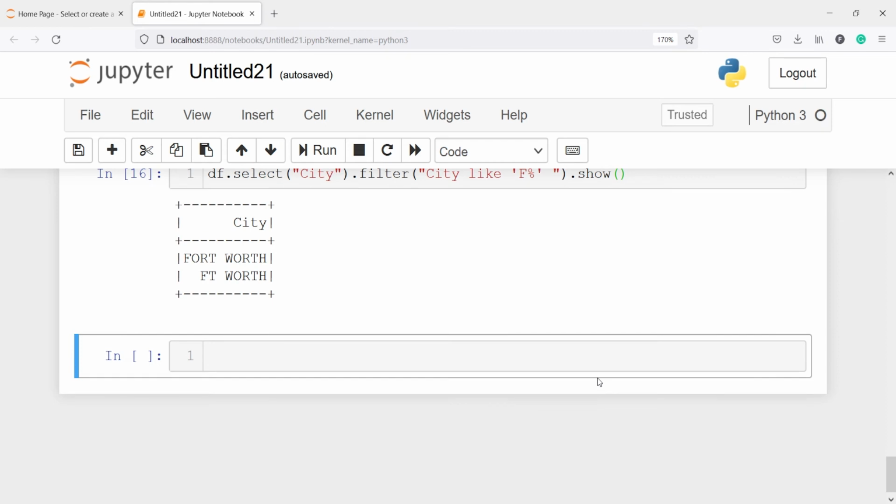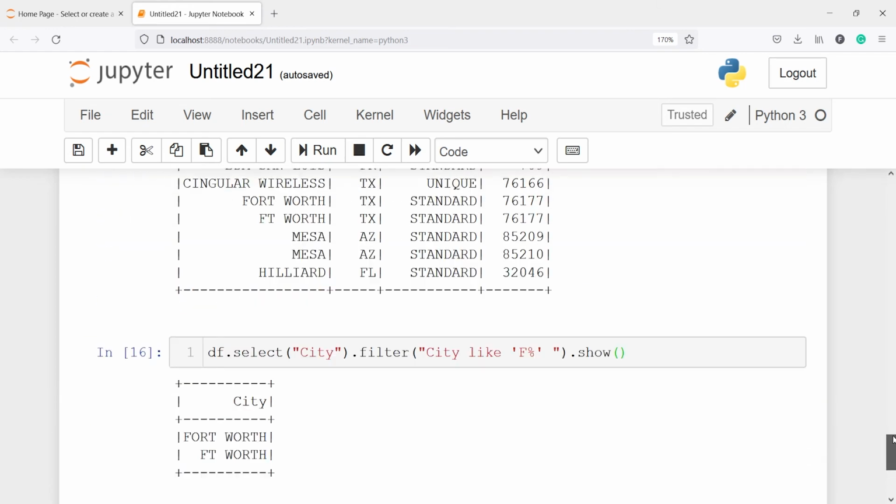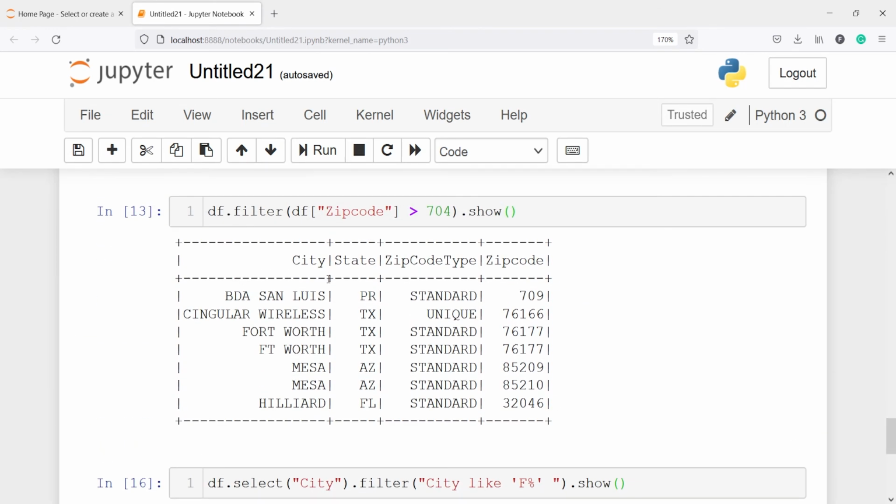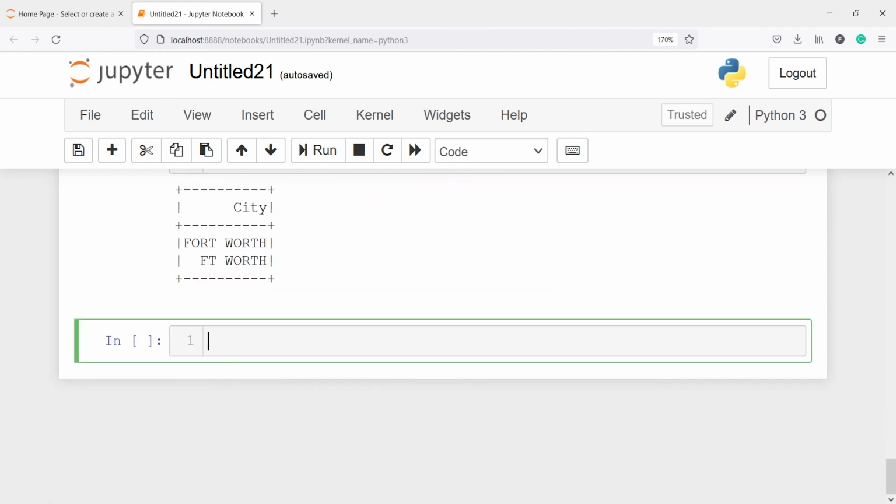The next method is sort. This will sort columns in ascending order. For example, we have this column state here. So we have state starting from P, then T, A, F. Now we want to sort this data frame based on this column state. So I will call the data frame df, then I will call the method sort, and I want to sort it based on the column state here.